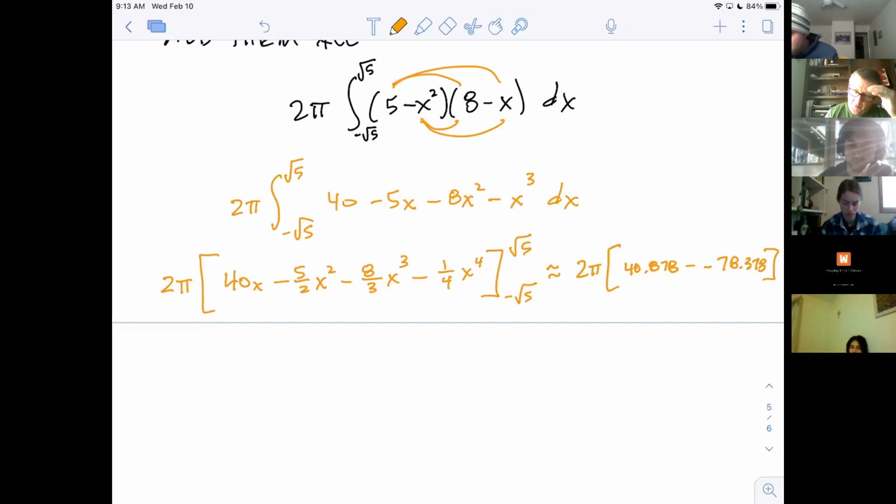Again, it's kind of stupid to say this is approximately equal to 238.5 pi. So I'm just going to say times pi. I got 749.3, close enough. Again, cubic inches, cubic centimeters, something like that. It'd be a catastrophe to be asked to answer this exactly correct, given that it had a square root in it. Should be capable of it, but